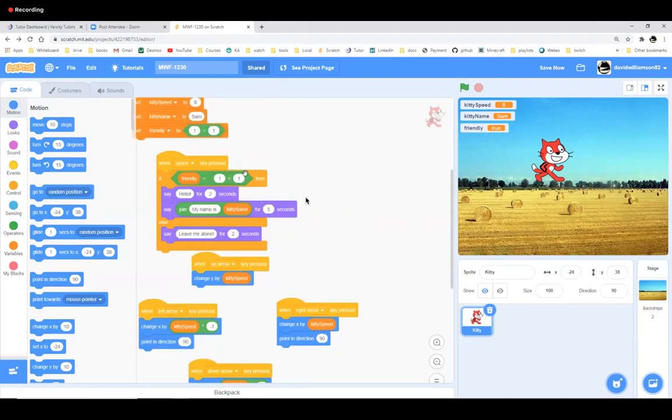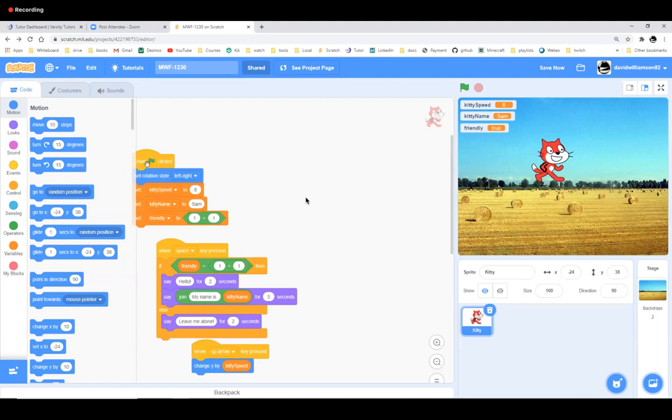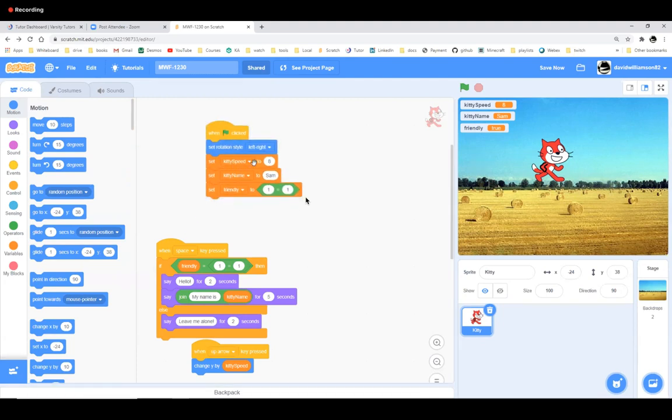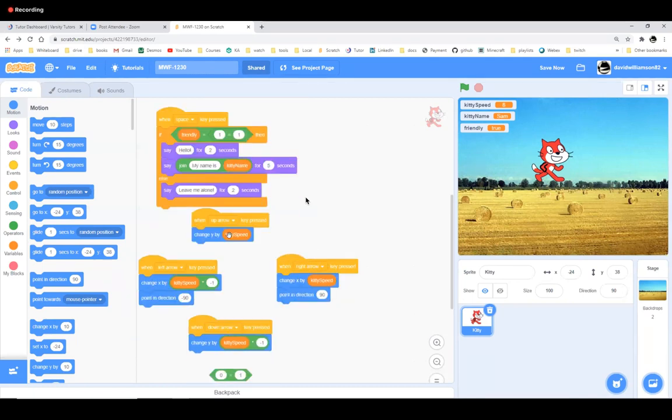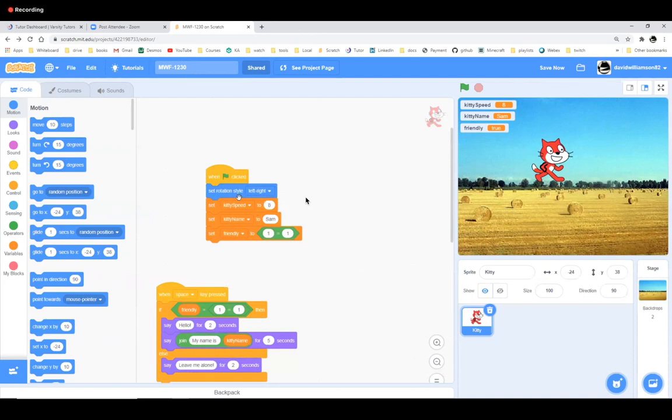We talked about variables. These are things that I can store values in and give them names to. So kitty speed is 8. So everywhere I see kitty speed here, Scratch is going to see the number 8, because that is the value that I've assigned to kitty speed. Like when the flag is clicked, it assigns the values and so on. Okay? All right. That's right. A Boolean is true or false. That means there's only 2 possible Booleans in the universe. There will never be a third Boolean. There are only 2 Booleans. Right?